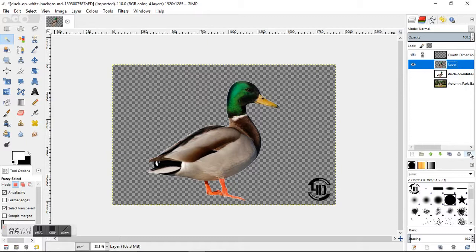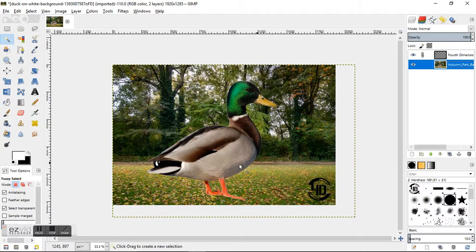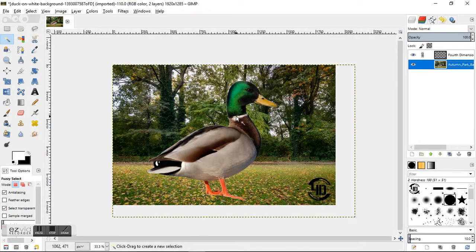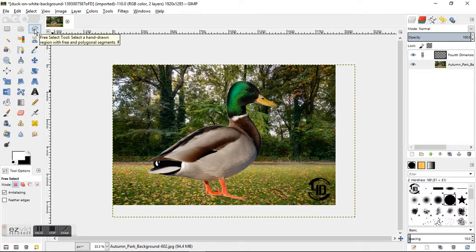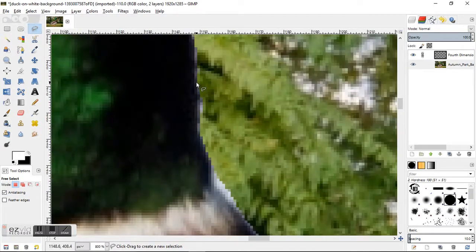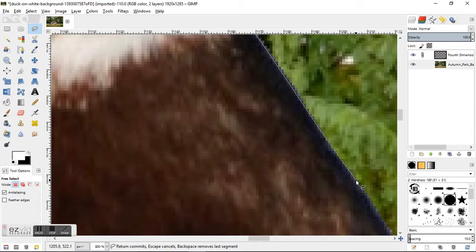Now let's go ahead and delete these, now that we know how to do that, and focus on this one here. If you're working with an image that does not have a white background, one of the better ways to do it is going to be using this lasso tool, or the free select tool. And basically, just for this tutorial, you'll zoom in and you can get as precise as you want with this tool right here. Just roughly get right around the edges